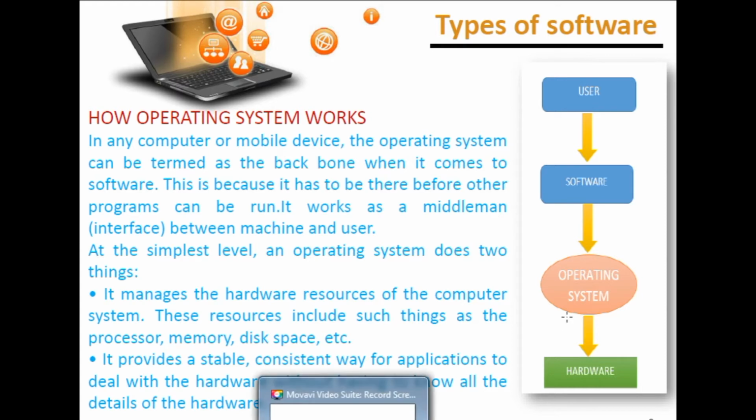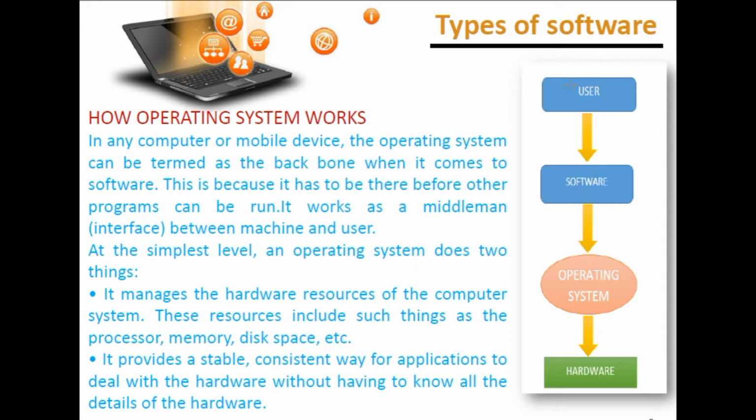You can see this particular figure, student: user, software, operating system and hardware. Hardware is the physical content, like keyboard, mouse and other tangible things. The operating system cooperates with the hardware, and the user works with software like Microsoft Word.